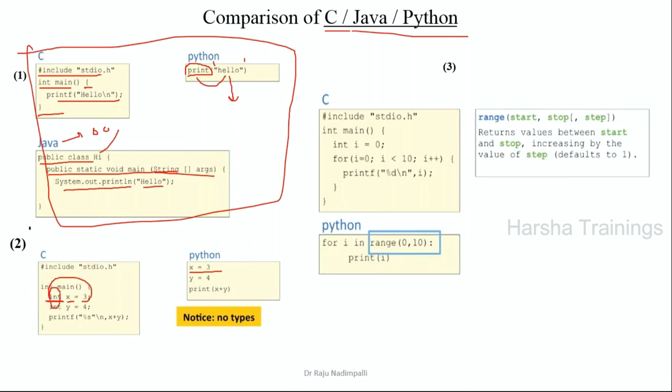Is it okay? Now, for example, take a small loop, which is repeated statements. If I want to execute the same statement repeatedly 10 times, I will use a loop called for. This much statement I should write in C language, and the same code, these 5 lines of code, I can write in 2 lines in Python. Is it okay? I can give hundreds of examples for the comparison between C, C++, and Java, but our primary